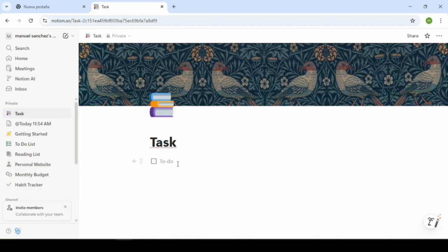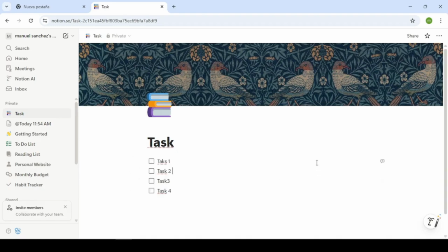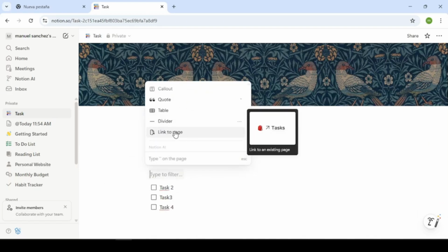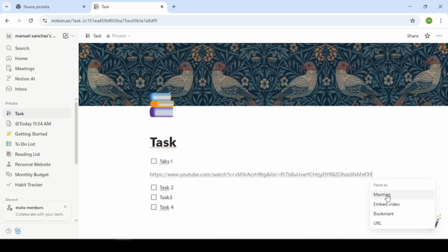Suppose that for task 1, we need to watch a YouTube video. So, what we have to do is position ourselves next to the task and look for the option to add a page link. Here, we must already have the link to our page copied and pasted. We can even label it as a mention, as an embedded video, as a bookmark, or simply the URL. I will place it as an embedded video so that to watch this video, I do not have to leave